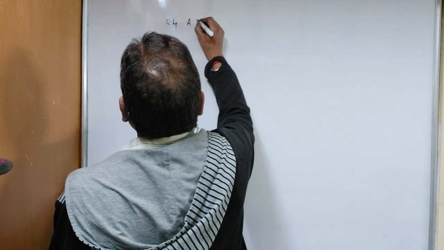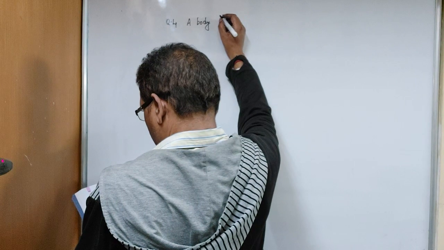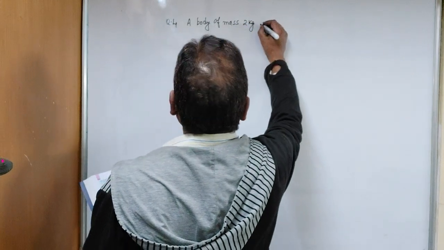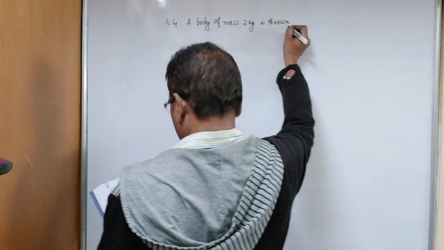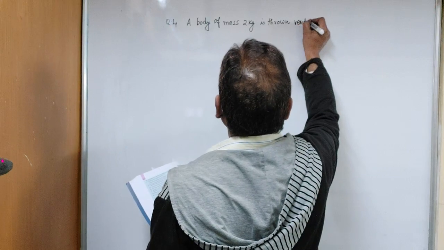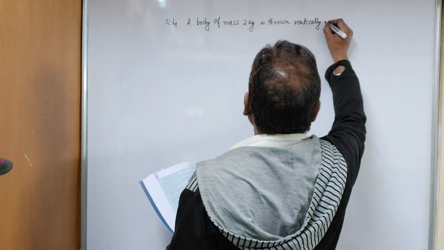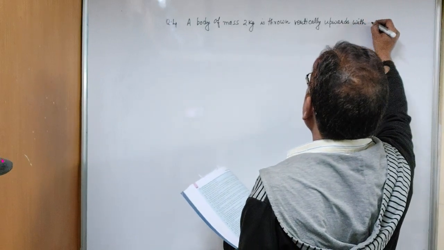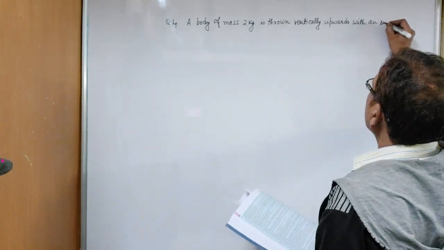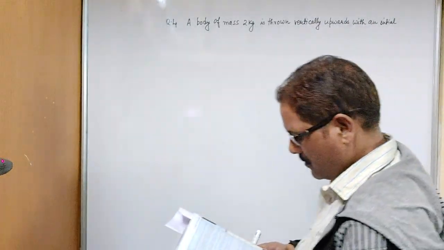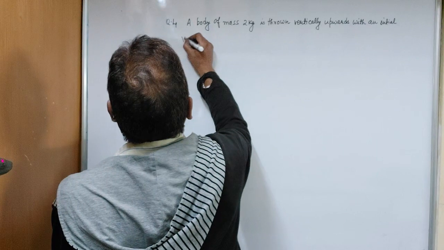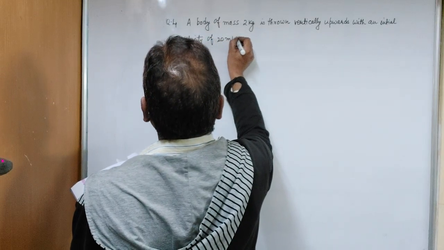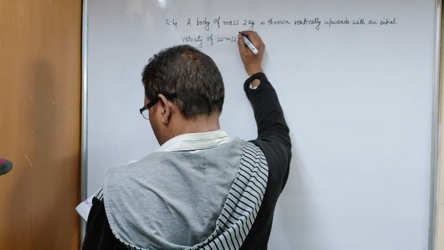Question 4: a body of mass 2 kg is thrown vertically upwards with an initial velocity of 20 meter per second. What will be its potential energy